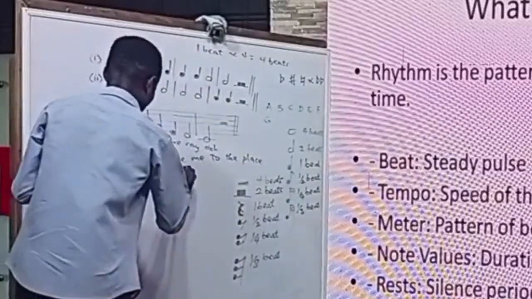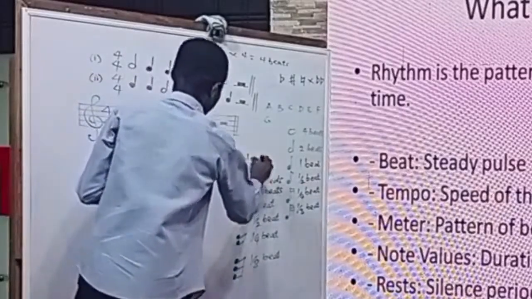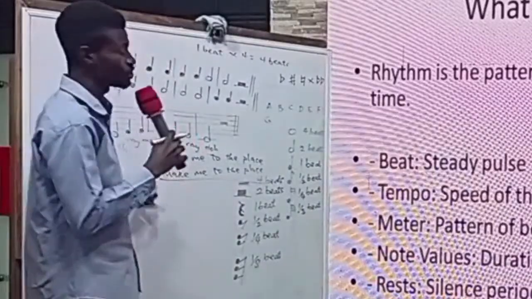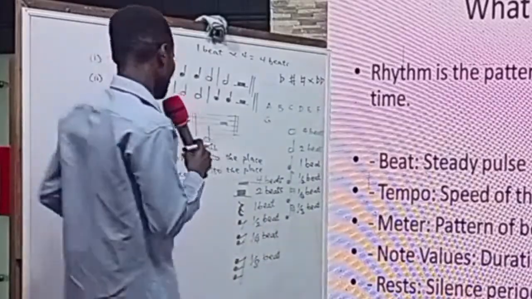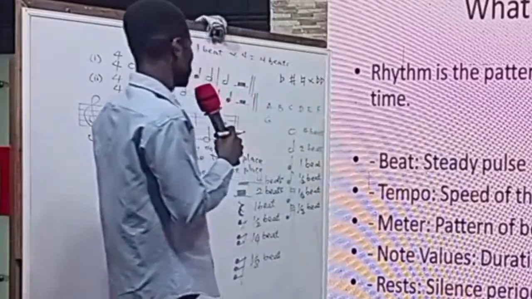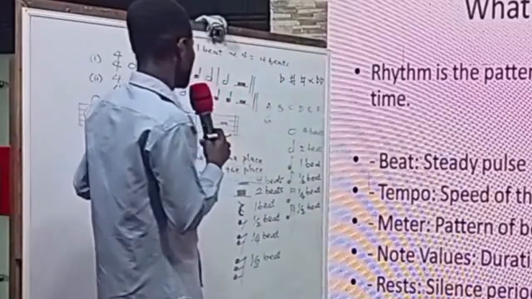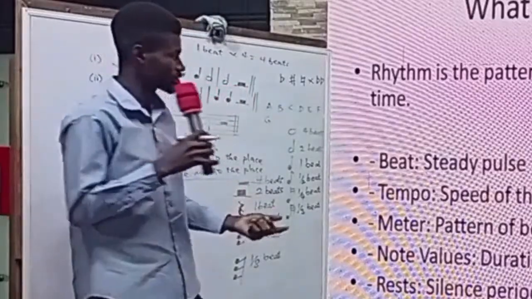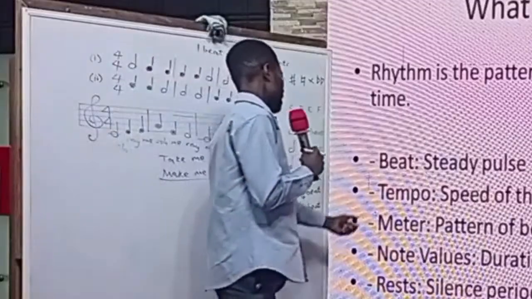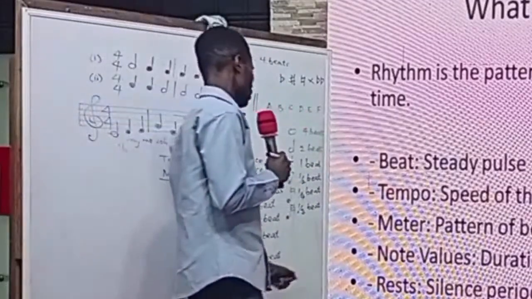And then you write, make me to the place. Does this one even make any sense? It is making no sense. So that is the reason why the use of notes is very important. Each note must be used correctly to be able to convey a message or communicate to the listeners. And then I talked about rests. And then the last one here is